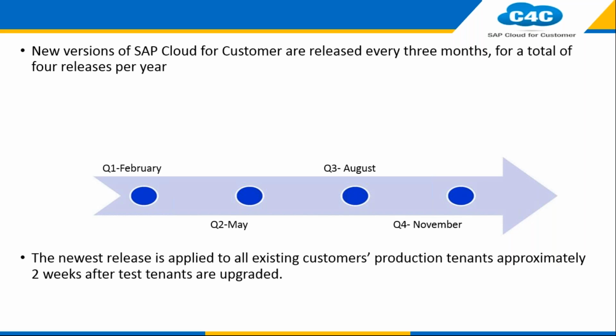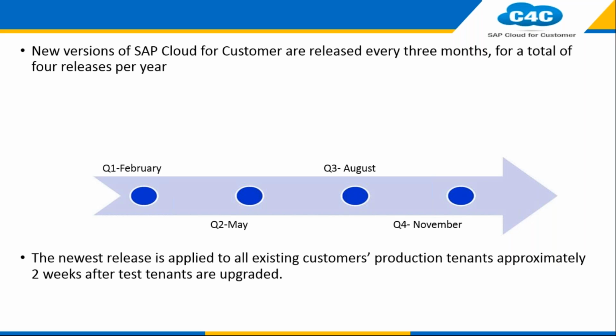So this is what happens regularly in every quarter. Now what happens? You can see below it is mentioned 2 weeks after test tenant. What does it mean? Whenever SAP upgrades the tenant, SAP first upgrades the test tenant and then SAP upgrades the production tenant. Why is it upgrading the test tenant first? Because there's test data. SAP upgrades the test tenant first and